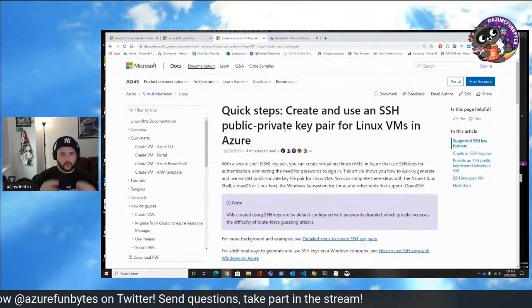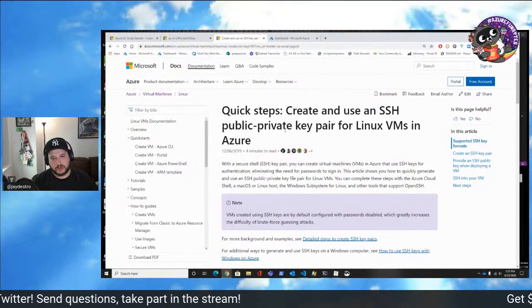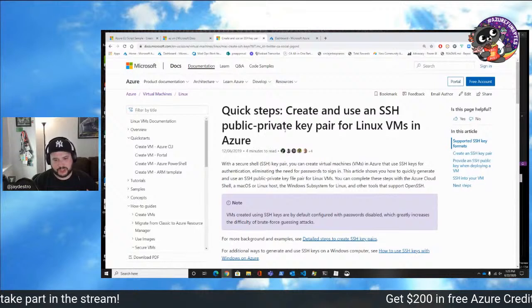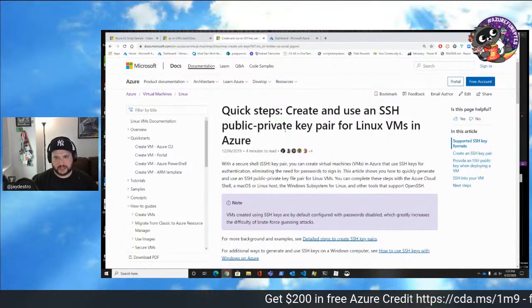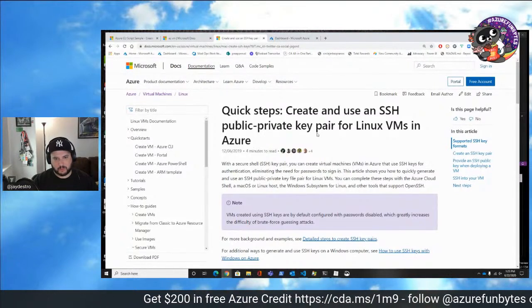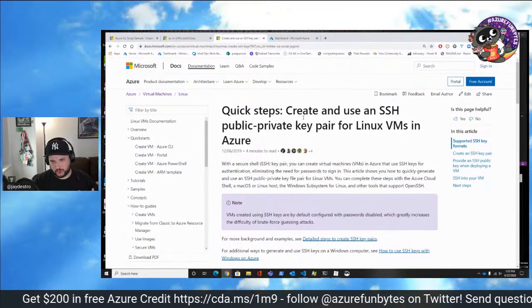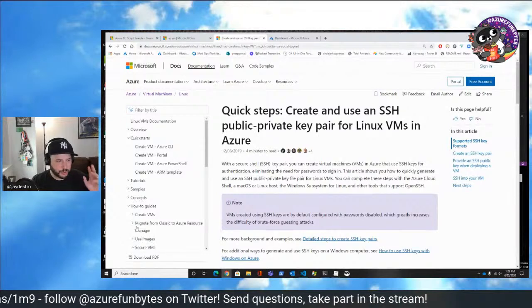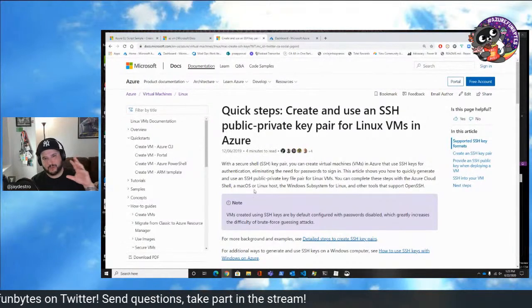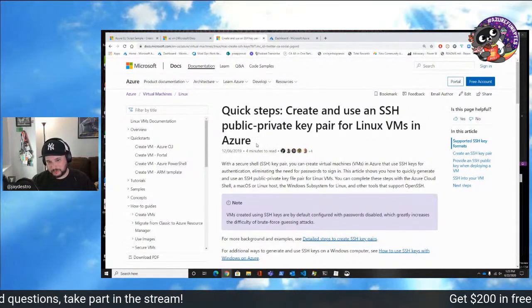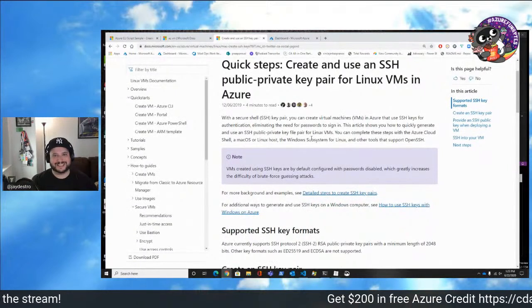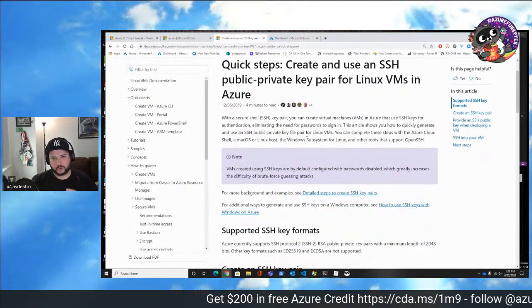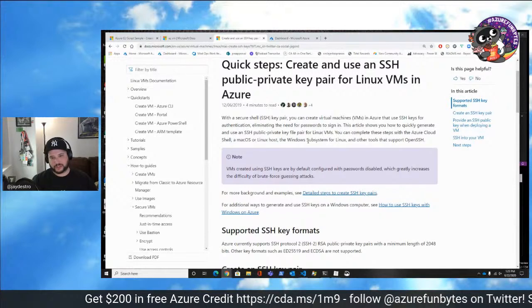Within our script, one of the first things we do is we tell an SSH key pair to be associated with our VM. So it's not really one of the first things we do; it's one of the things we do when we create a VM. But I should say one of the first things we should do before we deploy a VM is create an SSH key to actually connect.